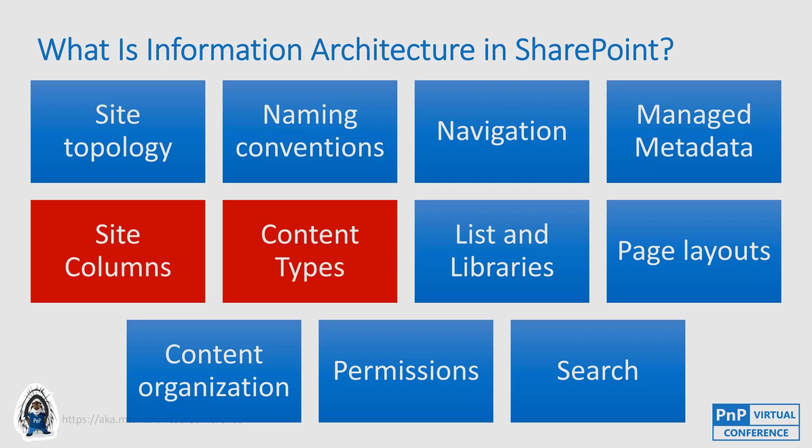information architecture in the context of any given site is to be using site columns and content types wisely within that site and then across sites that have consistent characteristics. So those sites might be project sites or property sites or sites that have to do with legal matters. Any kind of site where there is some repetition or repeatability of the information architecture that you want to be sure that you instantiate across sites so that you can provide some consistent value in metadata collection and therefore the